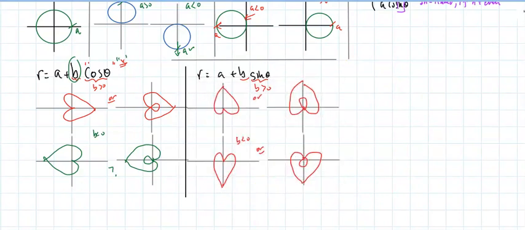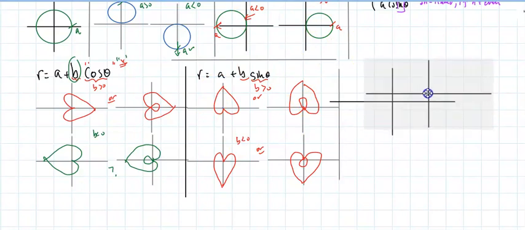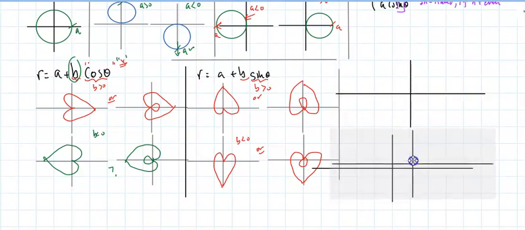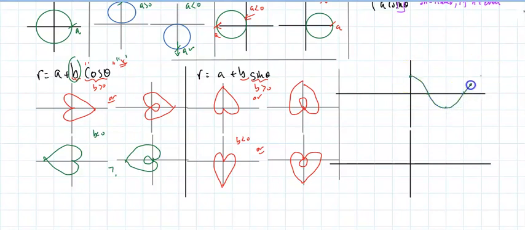It turns out I can pick the graph of any of these shapes that I did up till now by simply graphing a sine wave or a cosine wave. A simple basic sine graph will do the trick. That's all I need. Or a cosine will do the trick. So if I look at y equals a cosine, my traditional cosine wave, just like we did in 1.5 and 1.6, and a basic sine wave,